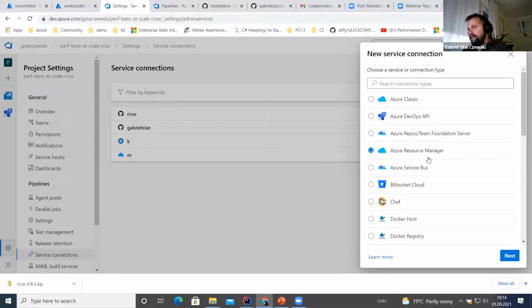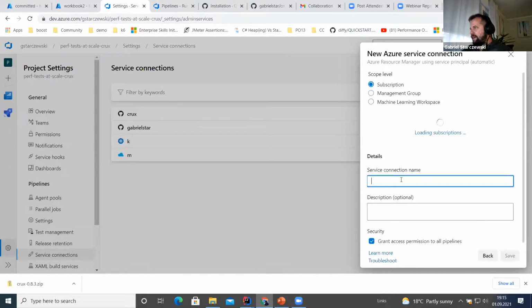Obviously, there is security involved in here. So if you allow people, test users to create resources in your subscription, then you run risks, right? But there are ways to mitigate that. So you can just create a service connection that only can do specific things. But it requires maybe a little bit more configuration, not to start with, but to make it right. Then you should probably involve somebody from the DevOps. But if you just want to try it out and your subscription is limited, then you create a regular ARM connection,